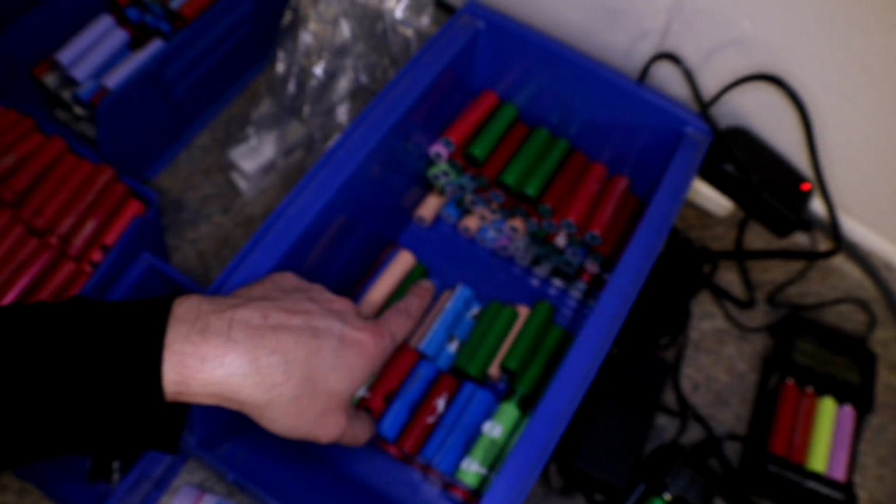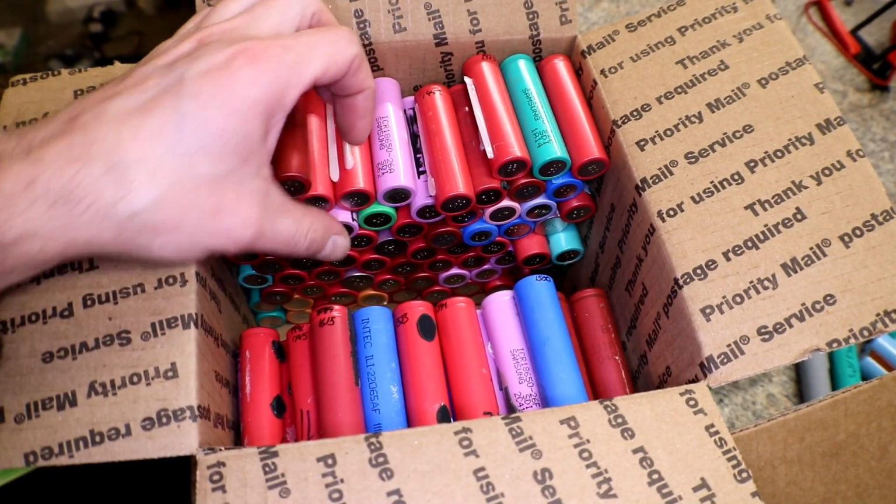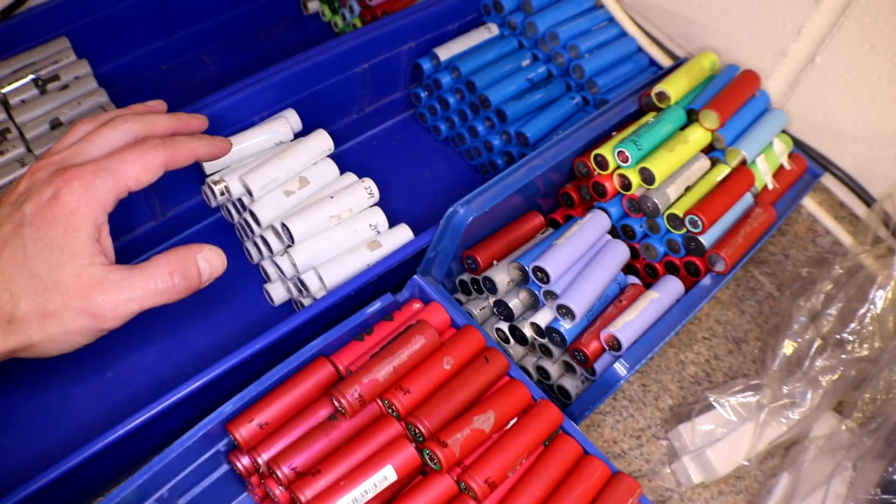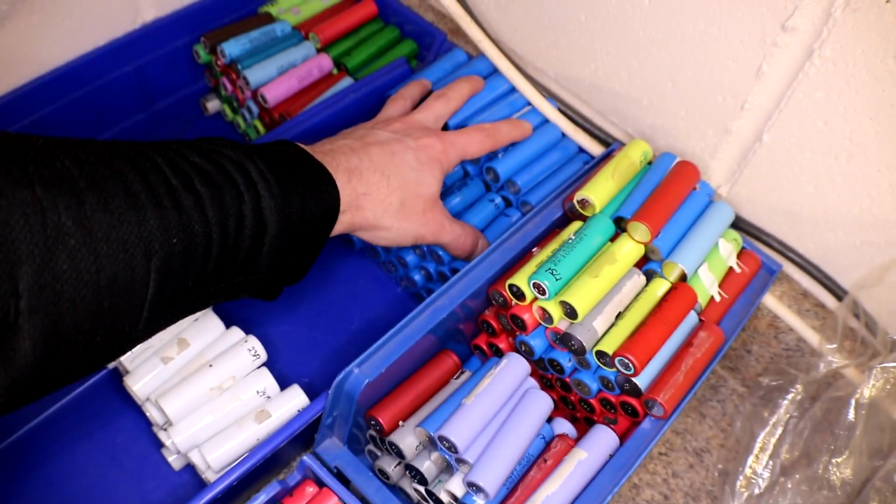What do you guys think? Oh, okay, so I guess depending on what I have left, I still have these cells here. I have this box. I don't know how many are in here, but these are all the 15 to 19 also. Still have a couple right here. I think the plan is I'll probably make a whole pack out of these,